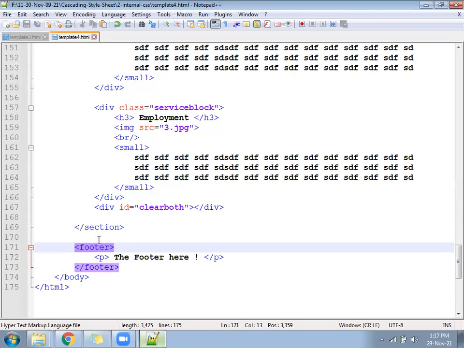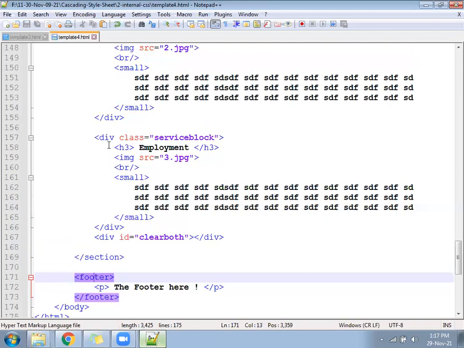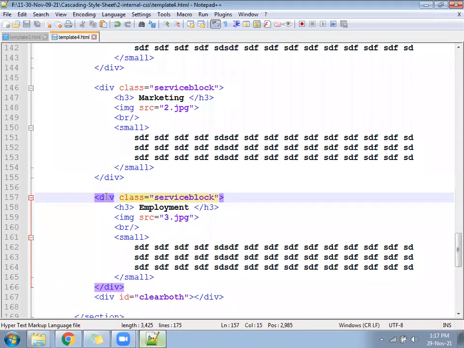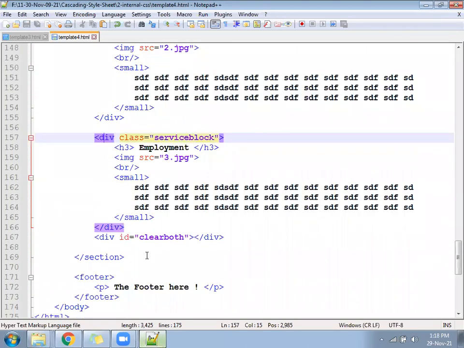For all the divisions we want different types of output, but the footer you can use only one time because it means the last part of the page, and navigation is at the top. So the nav tag you are not going to use twice or thrice in a page. It will be one time in the beginning and the footer will be at the last. But section can be used many times. See, you are using section 2 times. Division you are using how many times? 3 times. Using the same division, we can design different layouts also. But using the footer, you are not going to design a different layout. Footer is always for the last.